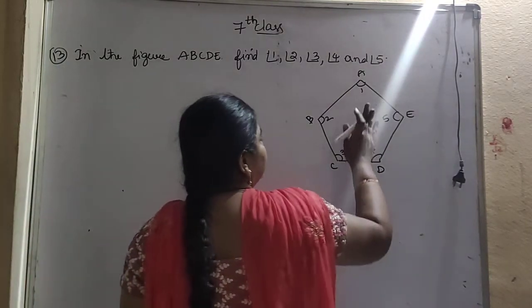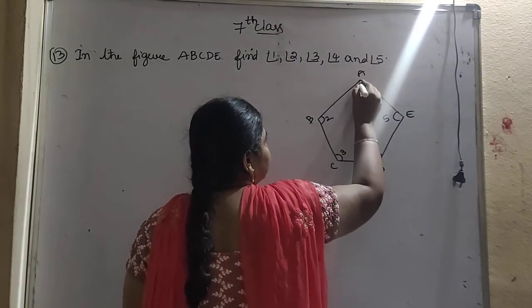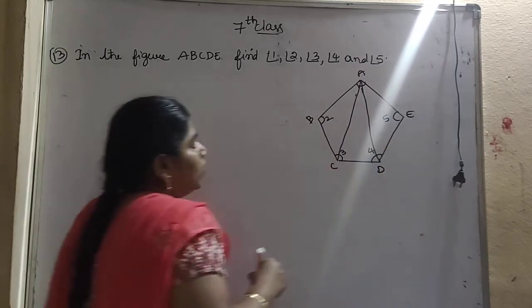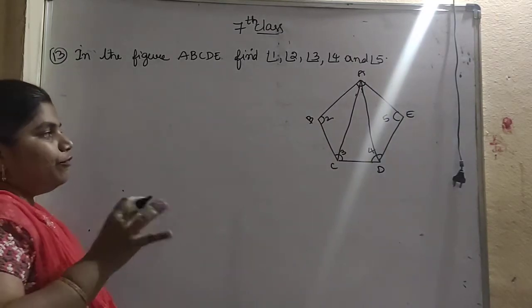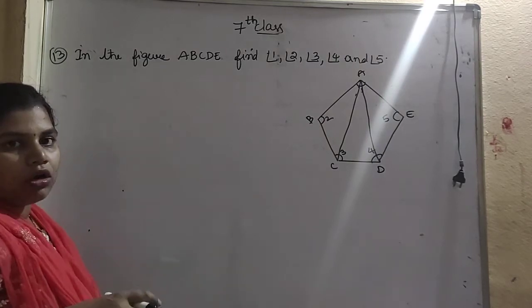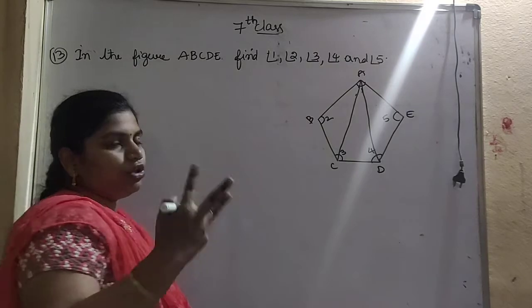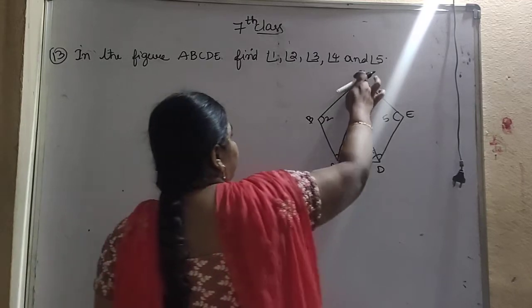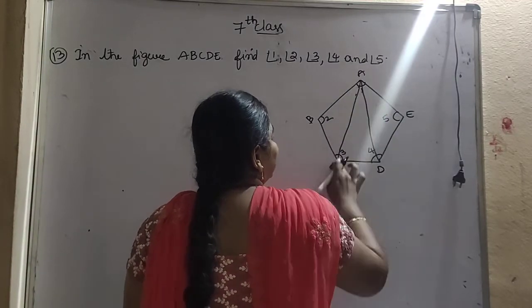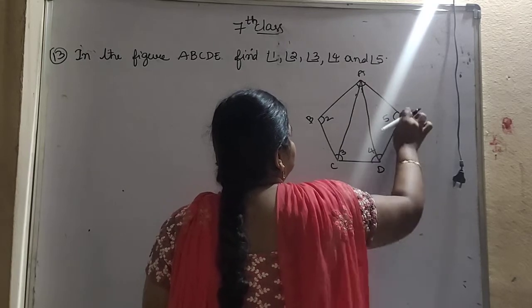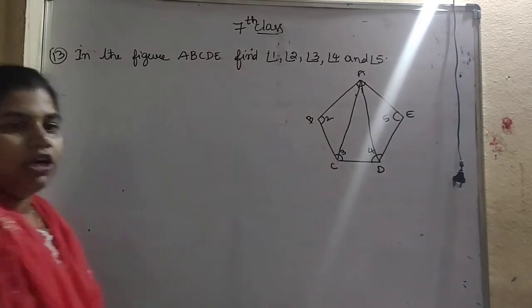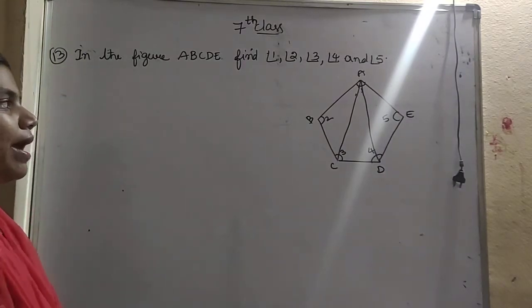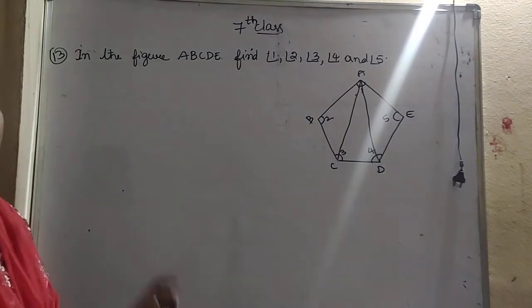So I am dividing this one figure into 3 triangles. So I am drawing a line like this and like this. Okay. So I have divided that figure, what we call that figure as pentagon. That pentagon figure I have converted into 3 triangles. First, second and third. So what are the three triangles here? ABC is one triangle, ACD is the other triangle, ADE is the third triangle. So total 3 triangles have been made from that pentagon. So how to find this angle 1, angle 2, angle 3, angle 4 and angle 5 we will see.